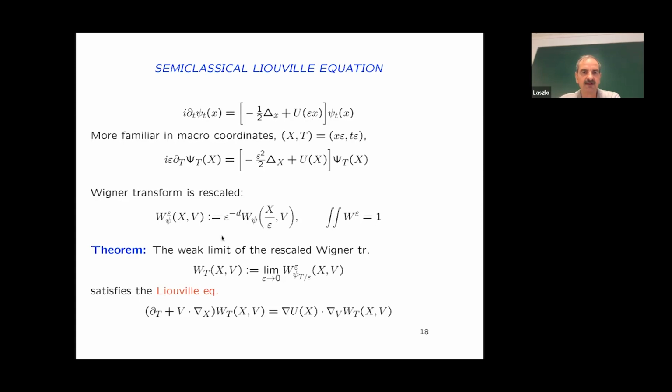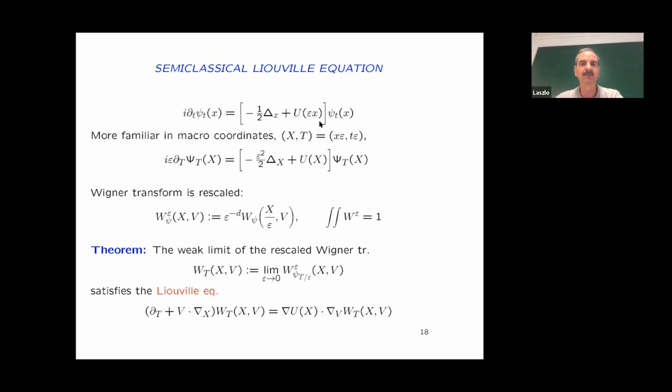Now, if you take the corresponding Wigner transform of the solution, and then you rescale it appropriately. What does rescaling mean? The picture behind semi-classics is always that you have a potential which lives on a large scale. This is indicated by this epsilon scaling there. And large means compared to the wavelength. So the wave function is like a wave with a certain wavelength, whose size is much smaller than the typical variation scale of the potential. This is a typical semi-classical situation,